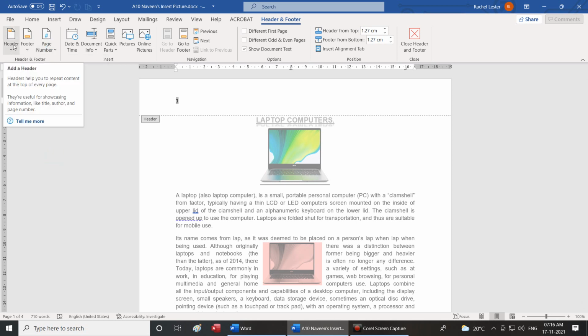So please make a note of it so that while you are practicing, what is a header? Header helps you to repeat content at the top of every page. This would be a good definition. Please write it down.